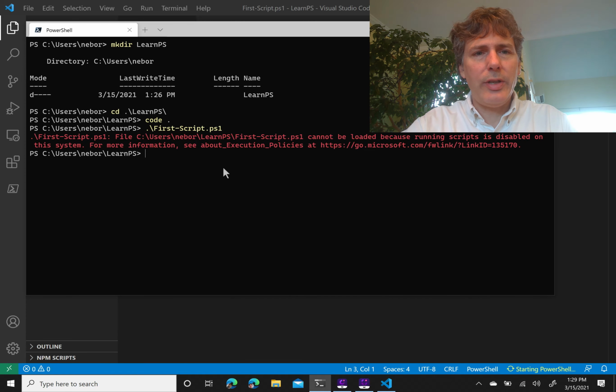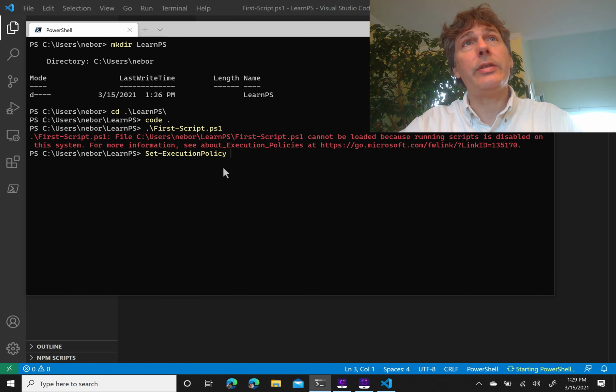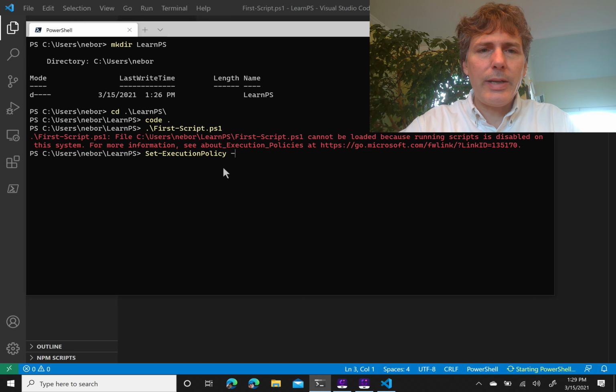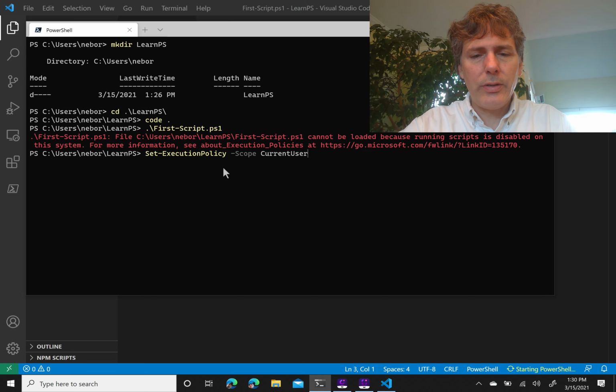So I'm going to change the execution policy, and I can use Set-ExecutionPolicy, I hit tab to complete that. And I only want to set it for my own user account. To set it for the whole computer, I'd have to have administrative access, but I can set it just for the current user by saying scope current, tab, CurrentUser. And I could set it to unrestricted, which means that it will run any script,